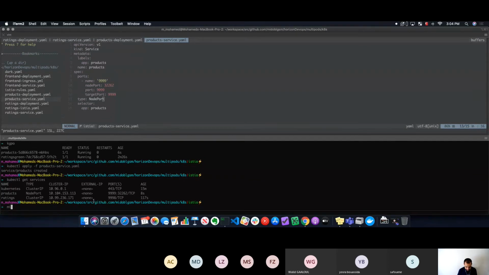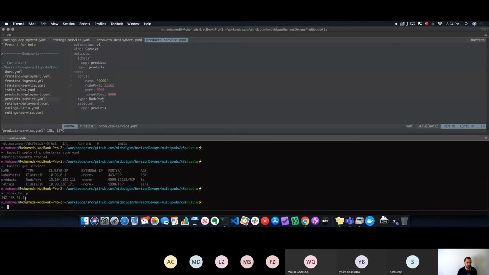There is a feature in Minikube where you can get the IP of this point. Since it is only one node, we can use that. So I can do a curl, let's say, and I need to use this port in order to be able to access that service because the other one is not visible outside. This is also Safwan. Probably you got this issue before. If you try to use the port 9999 from the outside, you will not be able to see any output. But if you try to use this,